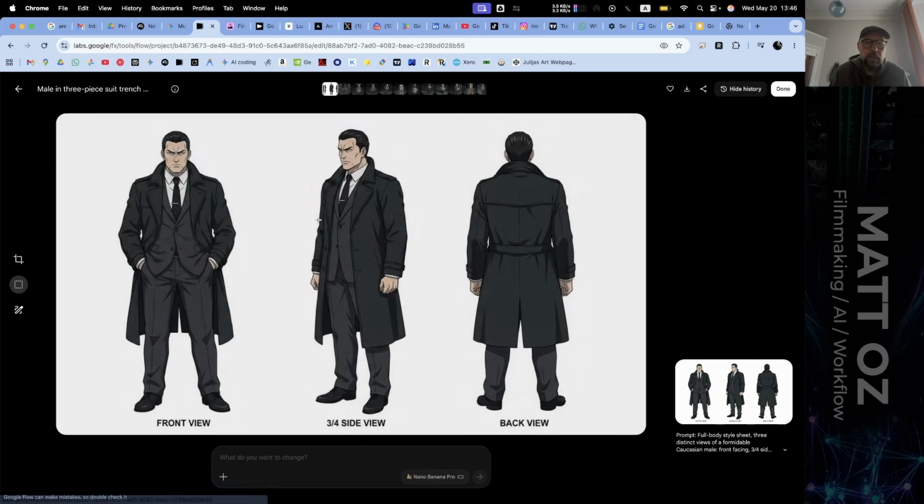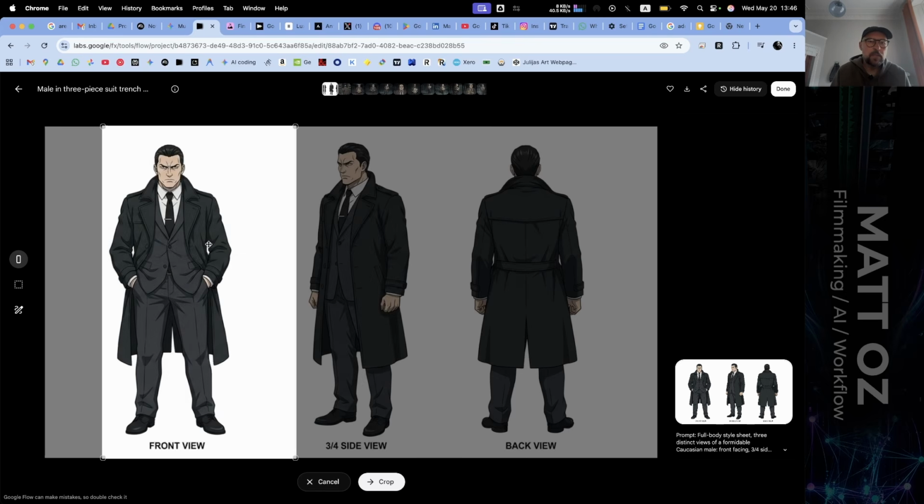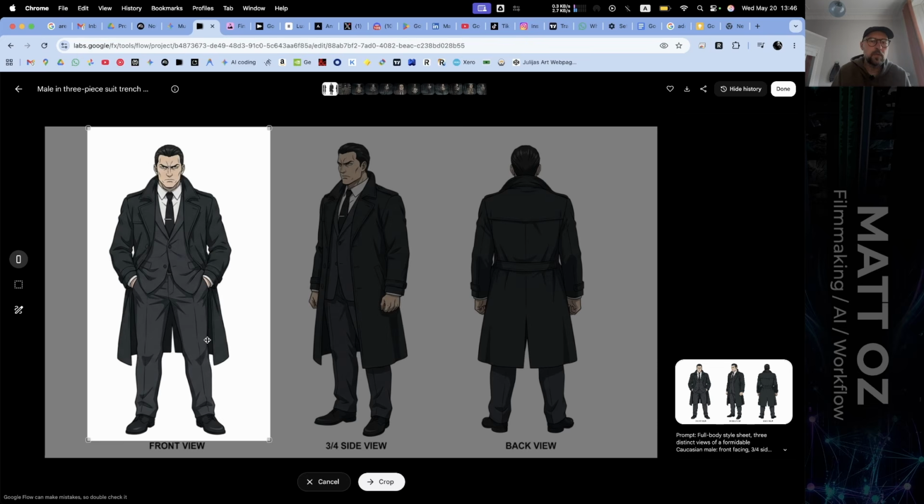So I'm going to go in here, and the idea was that you could crop it, off your desktop, download it, or you can just use the crop tool here, portrait. There we go, boom. So we'll do front view. I hope it doesn't take the text, because actually let's remove the text as a safety. I noticed that if your reference images have text, then there's a likelihood, a small chance, one in every few renders, that random bits of text might appear on your video render. So it's probably better just to keep it clean.